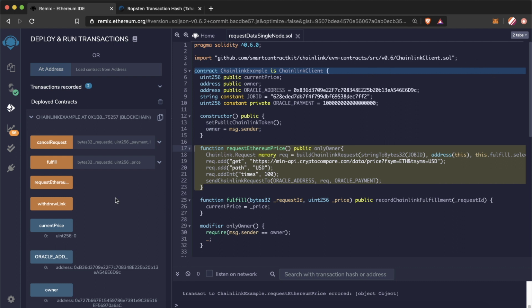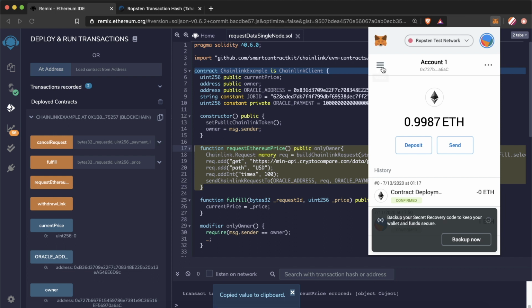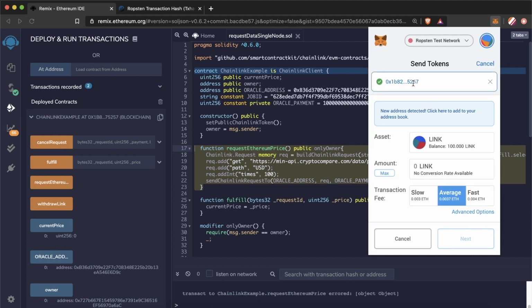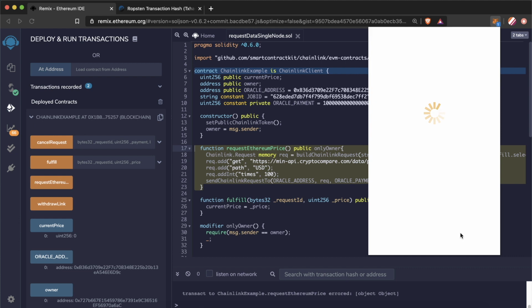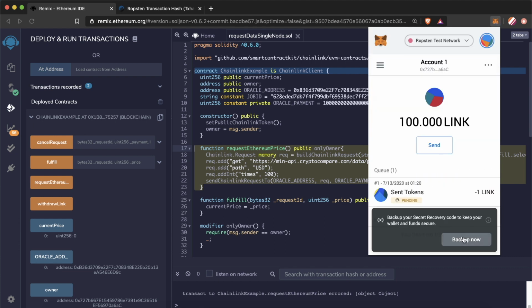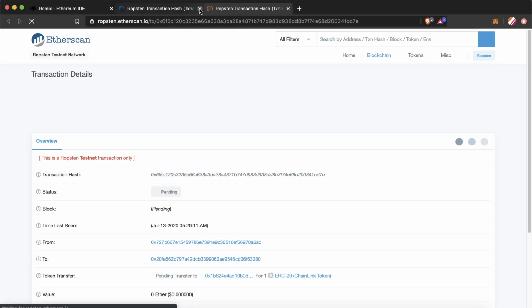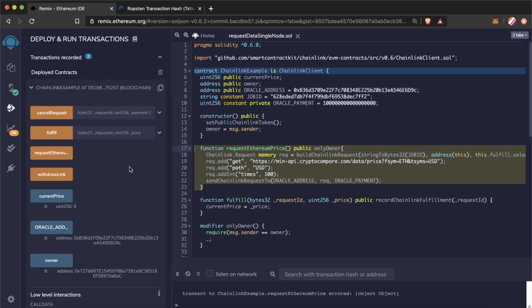We're going to have to send our contract some Chainlink token. So we copy the address by hitting this button. We enter MetaMask. We choose LINK token. We hit send. We paste the address. Type the amount of LINK that we want to send. Choose the transaction fee and speed. Next. Confirm. And MetaMask will also give us a nice hyperlink that we can view on Etherscan. Once this one's completed, we can come back,